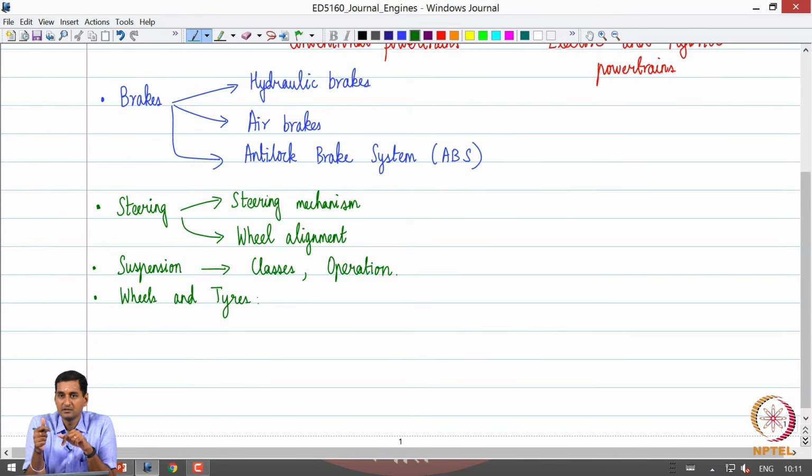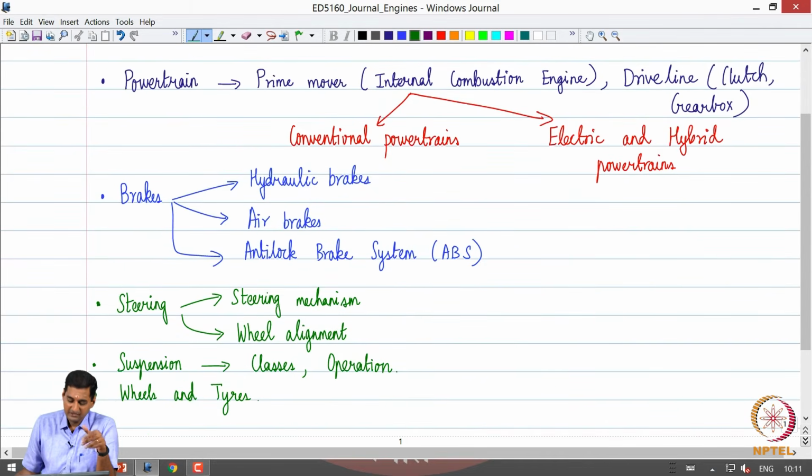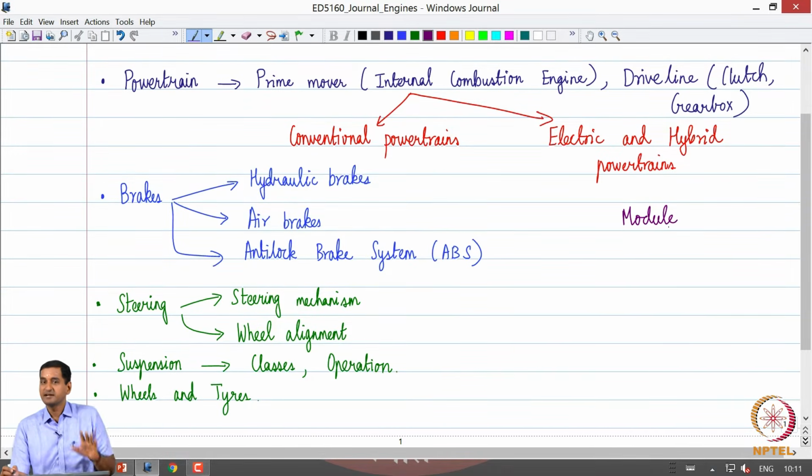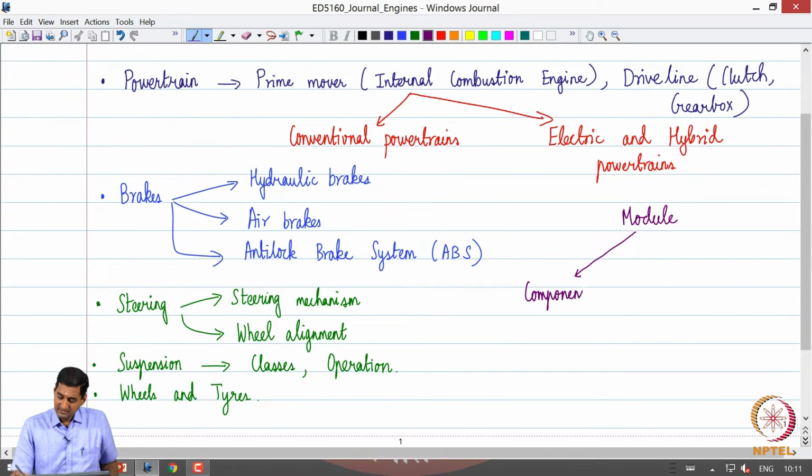So, we will also look at that aspect. Okay. So, our overall objective of this course is to gain an understanding primarily of these systems, and in every module there are going to be three broad classes in which I would segregate the information. So, in each module we will first look at the components that make up the system, okay, and the realization of the system.